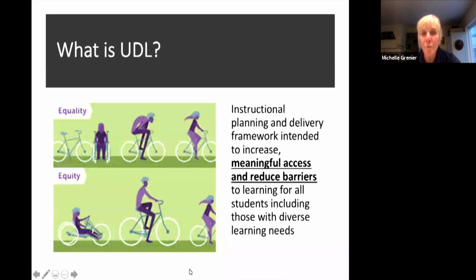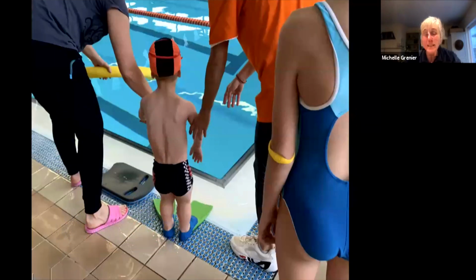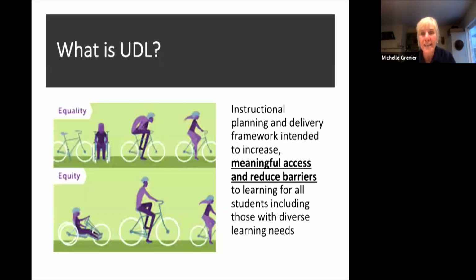Again, I just want to reinforce universal design for learning. A lot of teachers that I talk to say, I'm not really sure what it is. I don't want to take on anything more than I'm already doing. But really, I say to them, you're doing it, as I imagine all of you who are listening to us right now are doing it. So you can say to your principal, yes, of course I do universal design for learning. Really what it is, is making access available, providing equitable opportunities for your students, so they're not sitting on the side, so they're not keeping score, so they are participating in physical education and physical activity by really reducing the barriers.